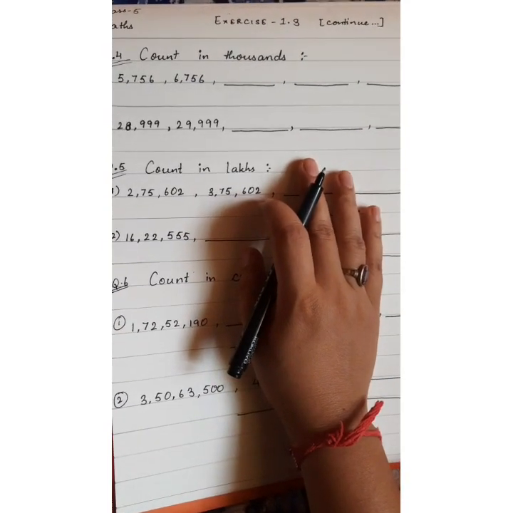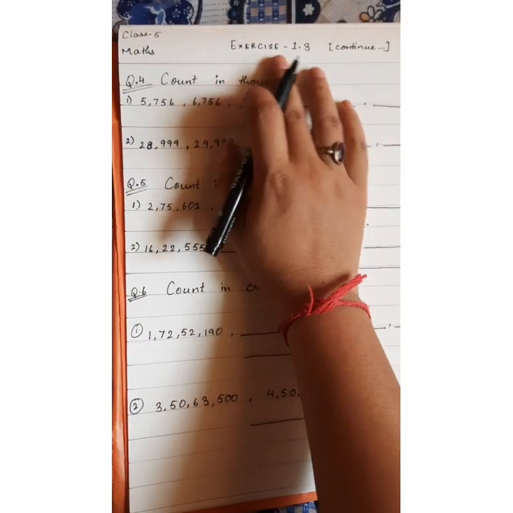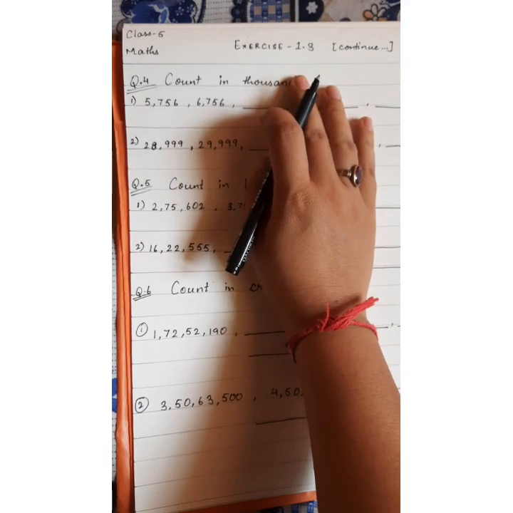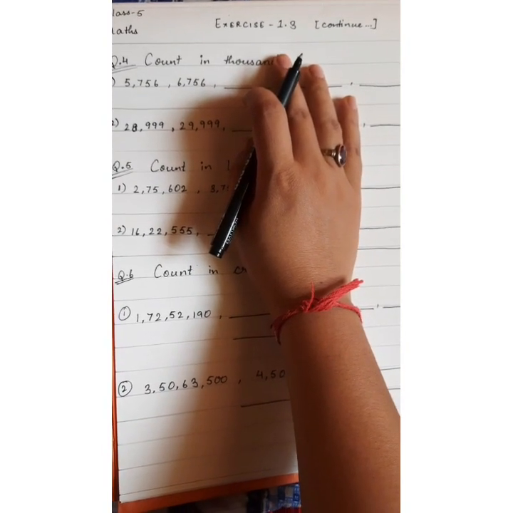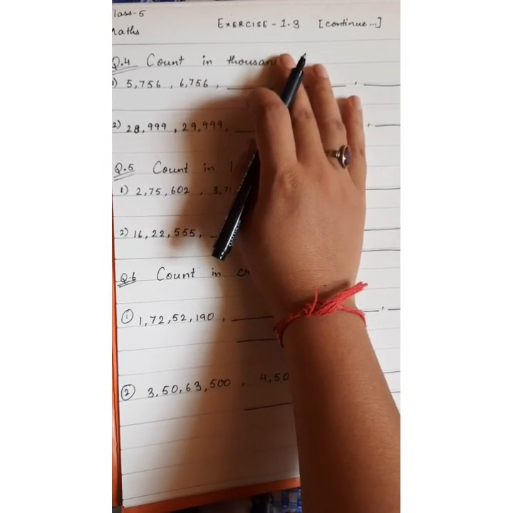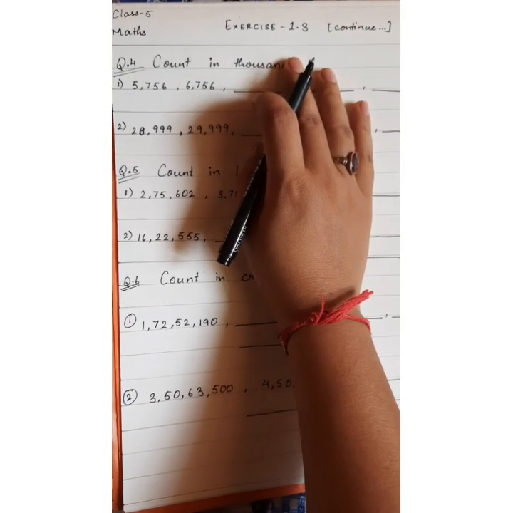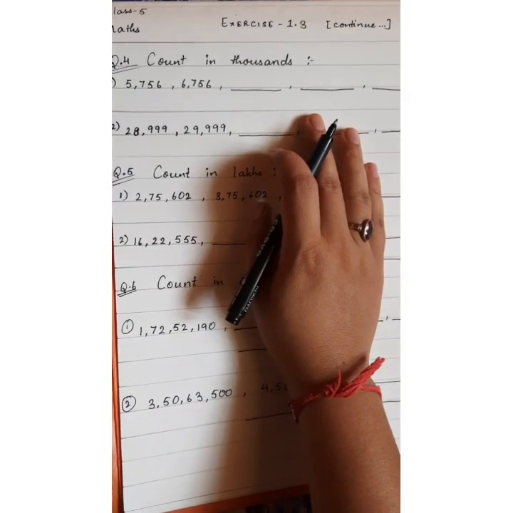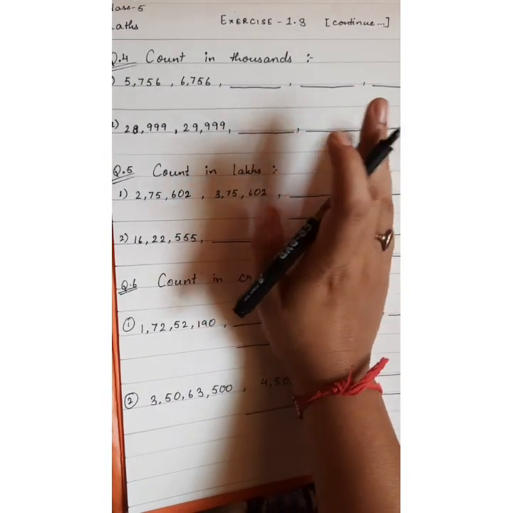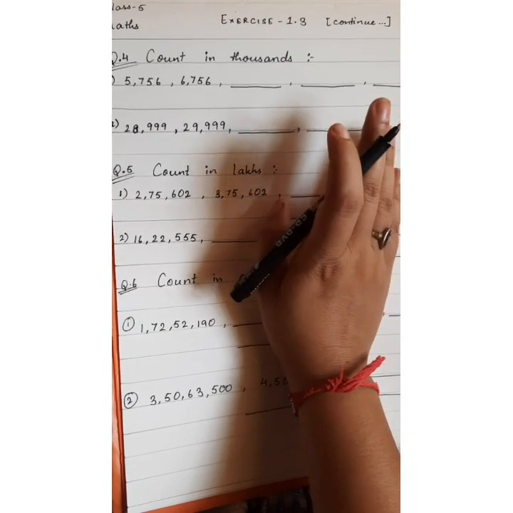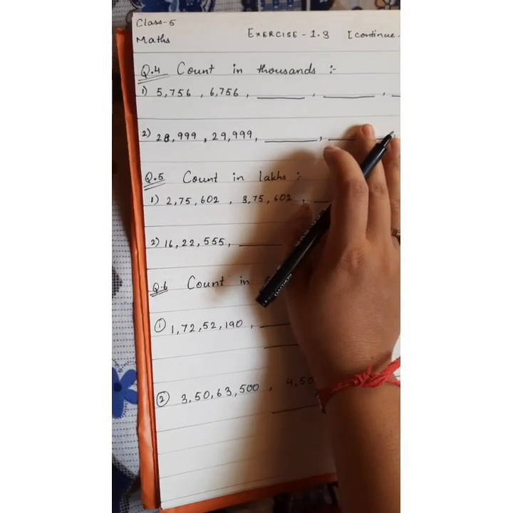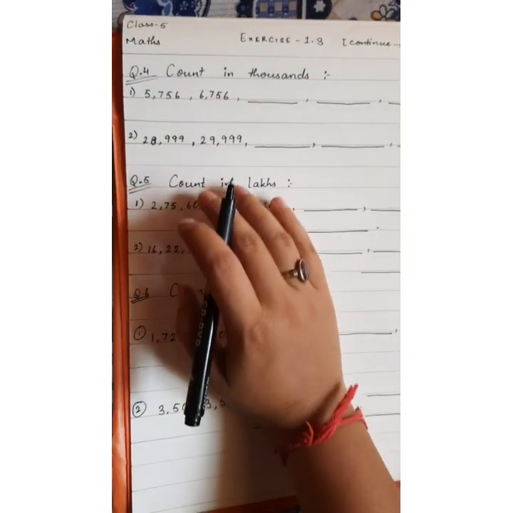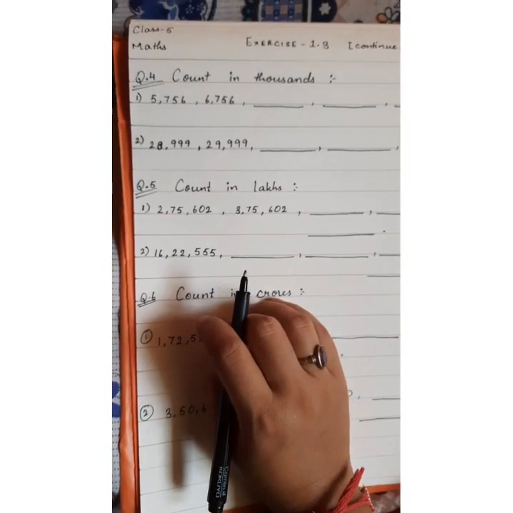In the last class, we started exercise 1.3, and in that we did 3 questions. That was regarding the international system, then the Indian system, the naming of numbers according to the different systems of numeration, and then the third question was to evaluate which number is bigger or which one is smaller. So we'll continue with this exercise now. 3 more questions are there: question 4, question 5 and question 6.